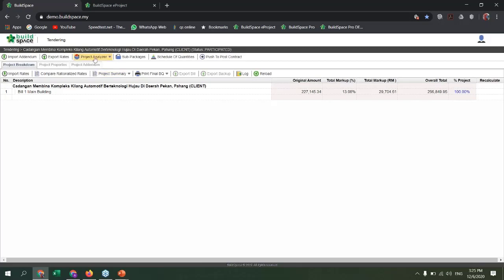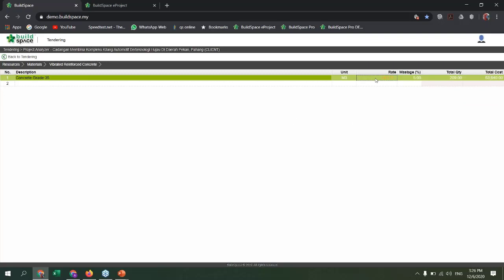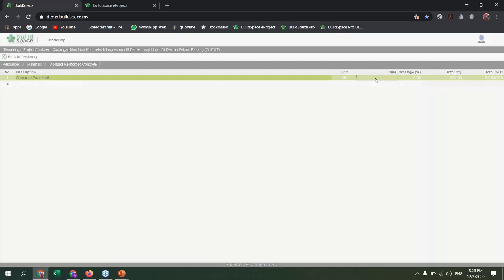Okay, so once we've completed the schedule of rates in the project analyzer, we can also dive deeper into the resource analysis part of the project analyzer. Okay, so we click on the resource part over here. Now here we can examine the total material price and can alter rates here immediately. Take for example, we go to materials also. We go to the vibrated reinforced concrete, and then the rate here is multiple. If you click on this one, we can see the rates that have been used for this particular grade of concrete. And then if we double click on the description itself,